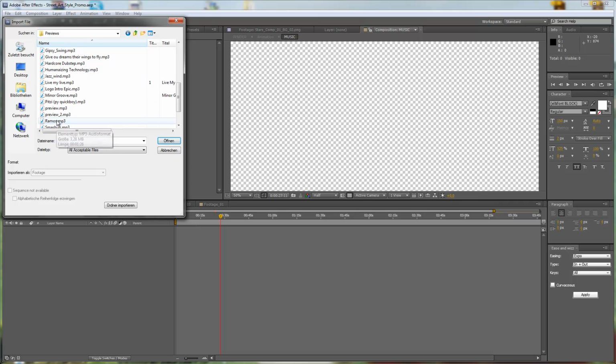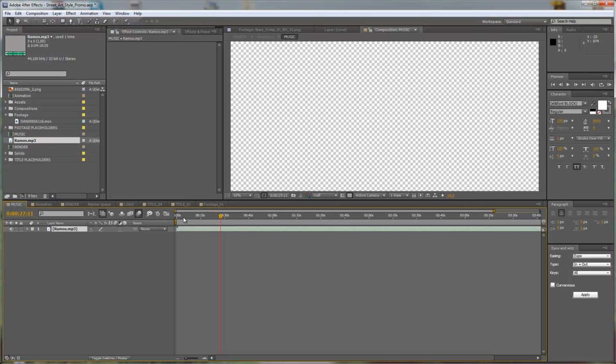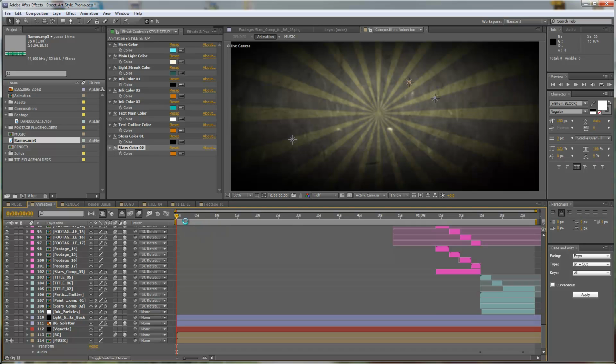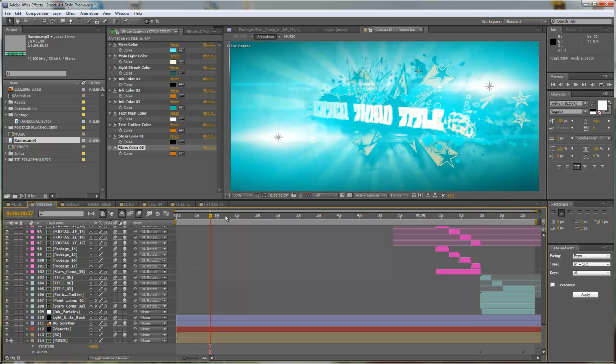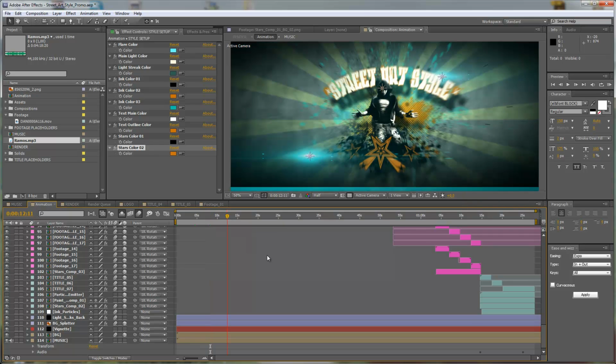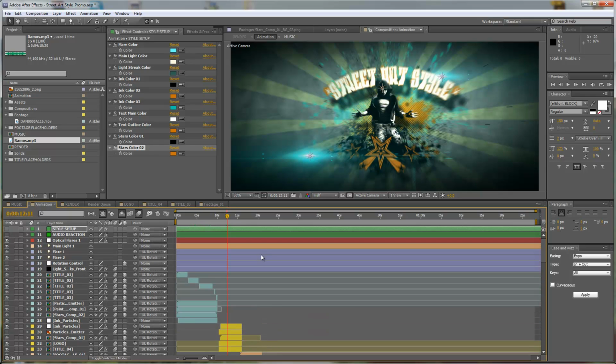And I have my file here, and I can just place it in here and take a look that it really starts at frame 0. And now I can go to my animation, and you know, Audio Jungle, the music will fit perfectly to the animation. But of course you can use different music, you can use your own music, and you can also achieve some audio reaction, but we have to do a little bit of work,